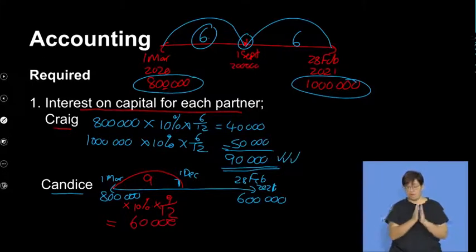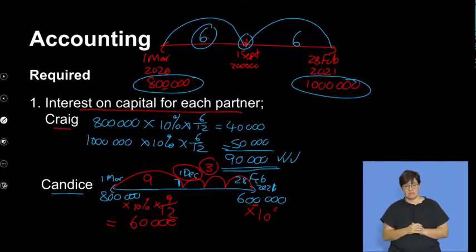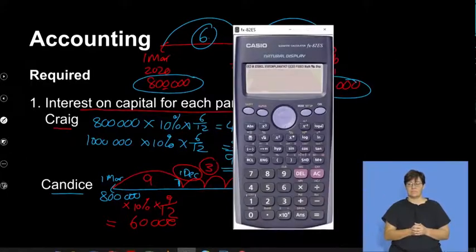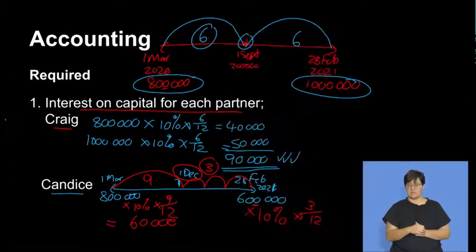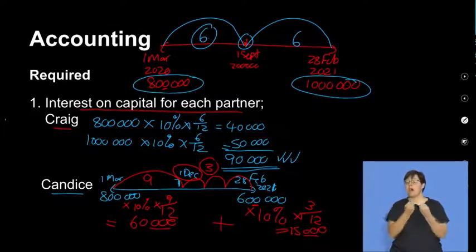And then for the remainder of the year, remember, 1st of December, so we're looking at December, January, February, so for the next 3 months, her interest is now on 600,000. So 600,000 times 10% times 3/12, and that gives us, again, we need our calculator, 600,000 times 10% times 3 divided by 12, and that gives us 15,000. Which means her total interest, 60,000 plus the 15,000, should give us